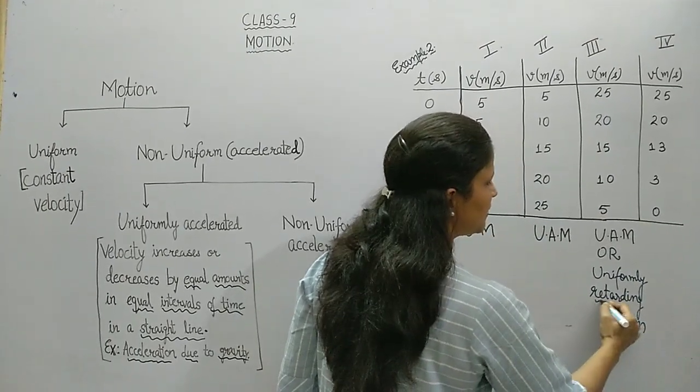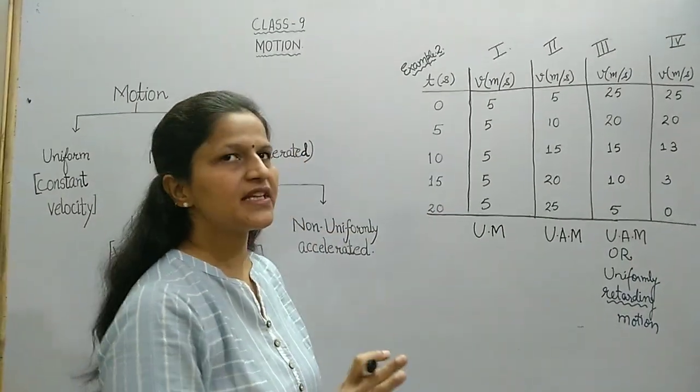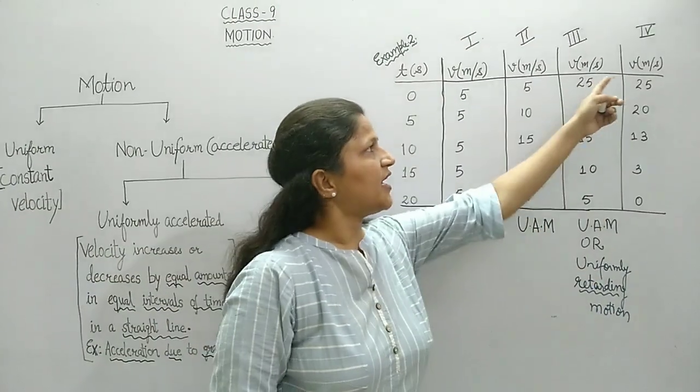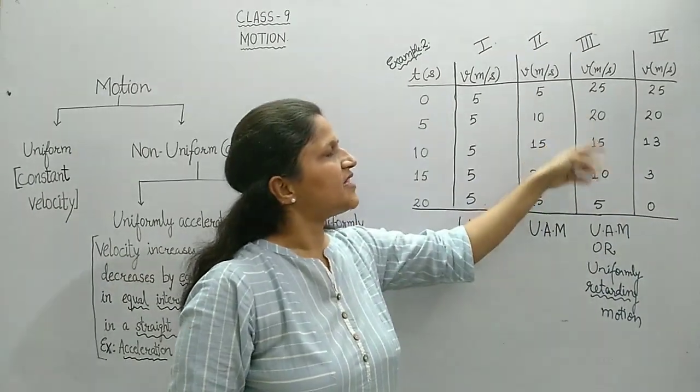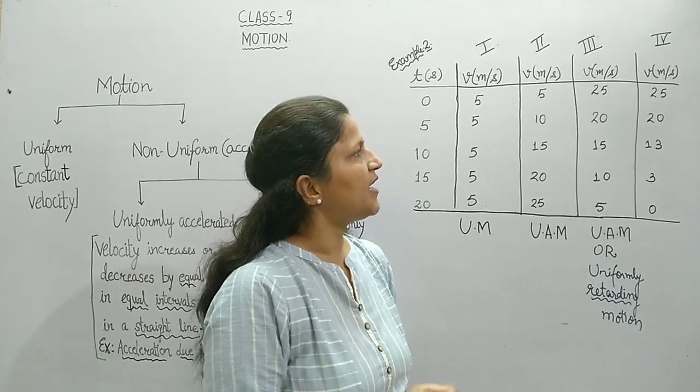Why am I using the term retarding? Because the velocity is decreasing. I am repeating it once again so that things consolidate in your minds. Looking at the last example, we see that in the first 5 seconds, the velocity is decreasing by 5 meter